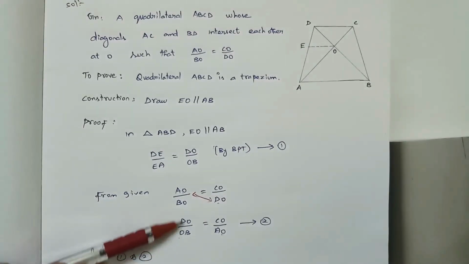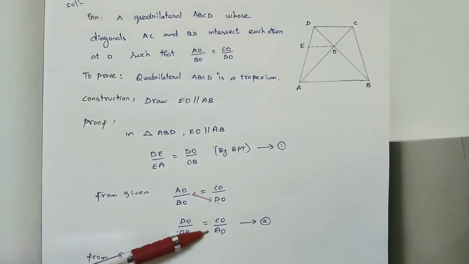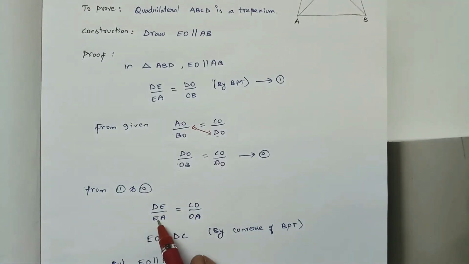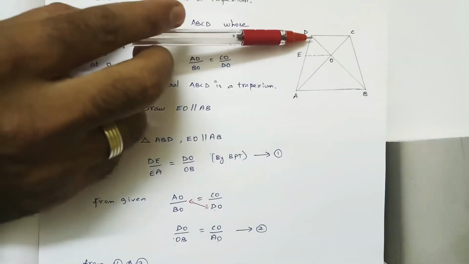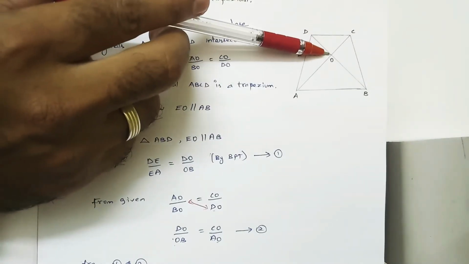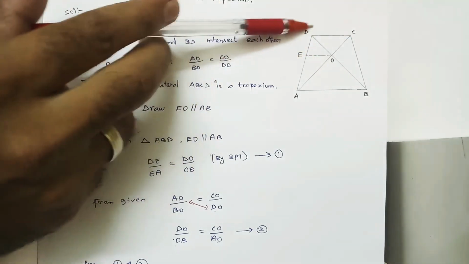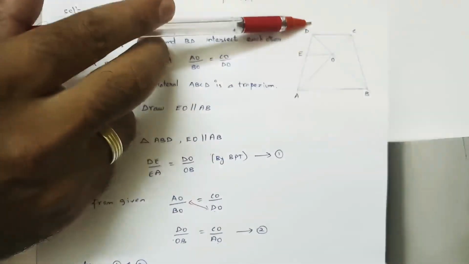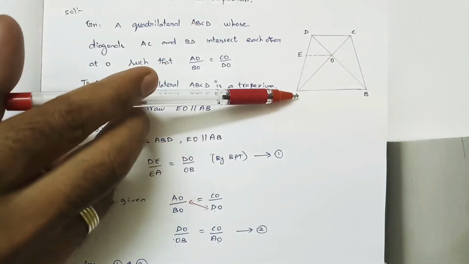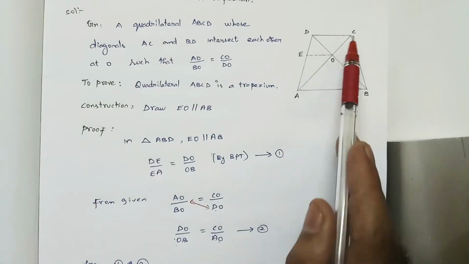DO by OB, DO by OB, both are equal. If these two are equal, then we can say that DE by EA is equal to CO by OA. When will this be equal? When EO is parallel to CD, right? Then only DE by EA will be equal to CO by OA. So therefore EO is parallel to DC,